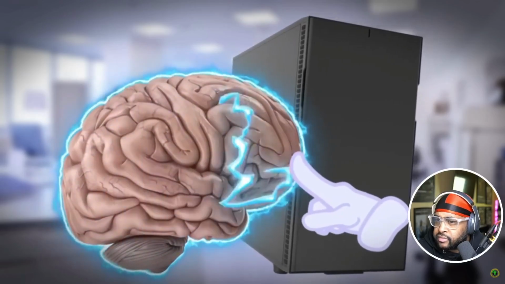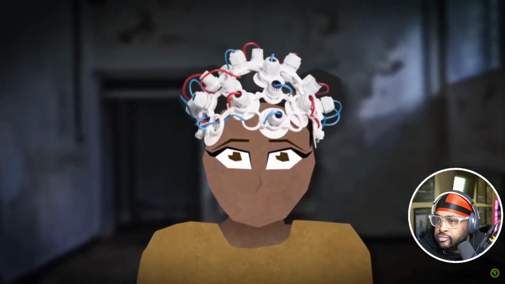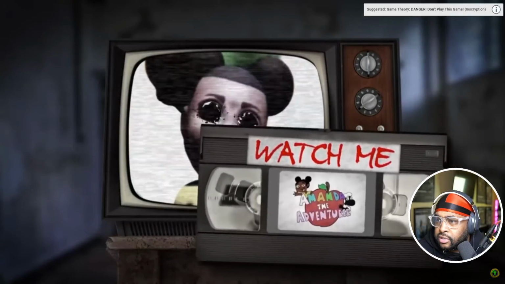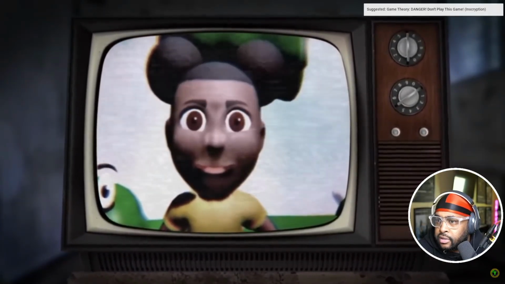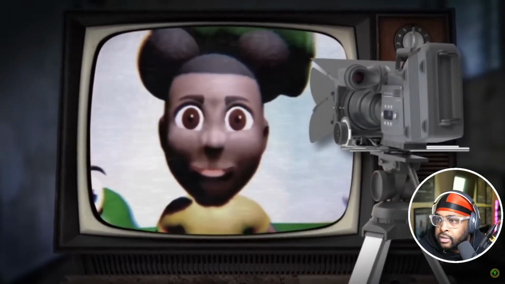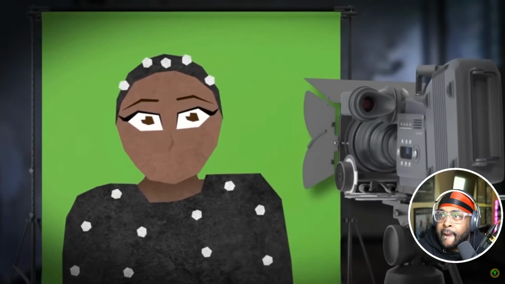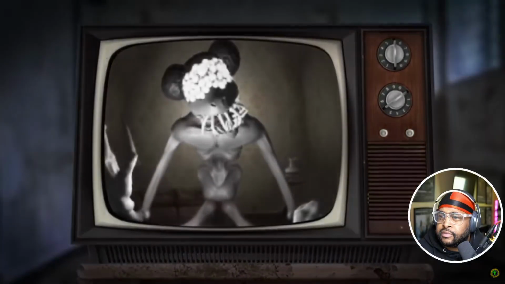This could be an explanation for the Amanda monster, a girl that was brought into the game using one of these sorts of caps, and now she's trapped, eager to force others to join her inside this VHS world. Or considering that Amanda's a 3D animated character, maybe this was a situation with mocap gone awry, where little white dots were placed all over the actress's face and body to capture her movement to create animation, only for her to then wind up inside of the machine.